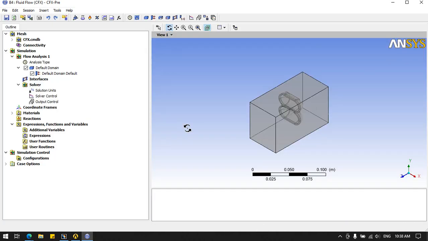In this window we can define boundary conditions like velocity or pressure over the body.